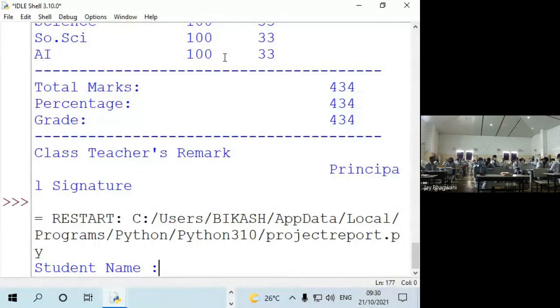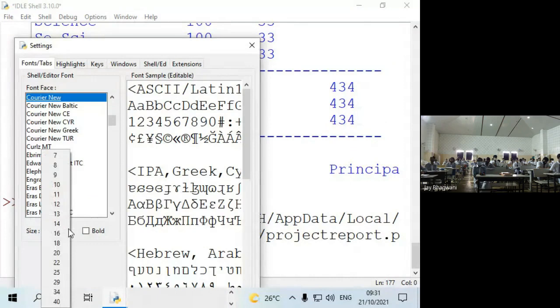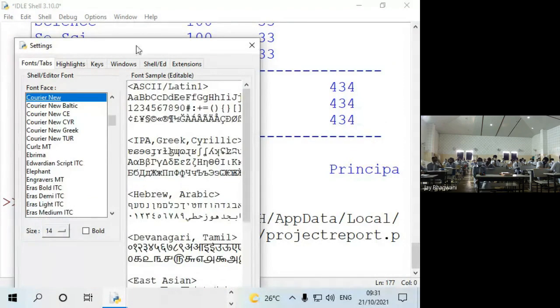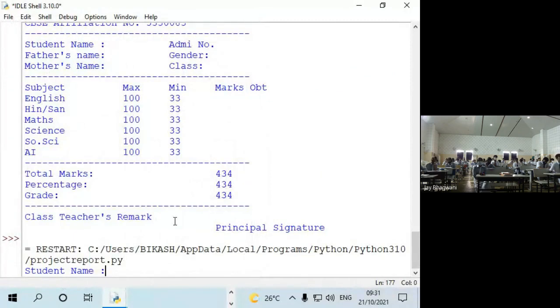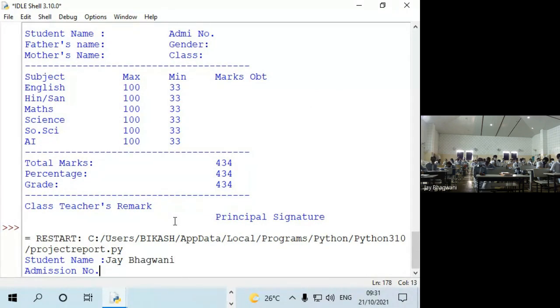Now it is asking student name. First, let me decrease the size here because it is very big. I have given the full size just to understand the coding. Now student name. So let me give the student name. Admission number, suppose.